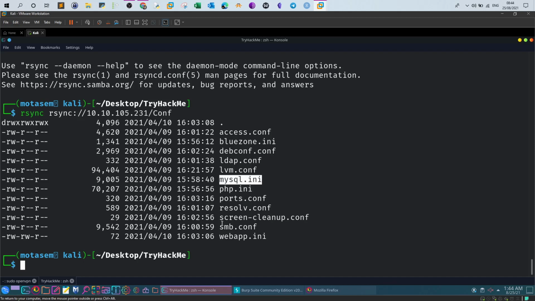and web app ENI and access. So we are interested now in retrieving those files. How to retrieve them? Basically, we have to copy them to our machine. To copy these files, what we can do here, we can just repeat the same command, okay? But we have to type here